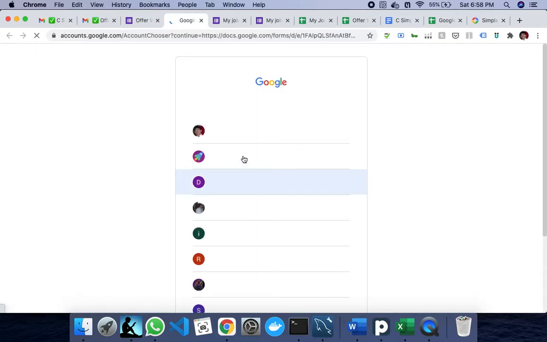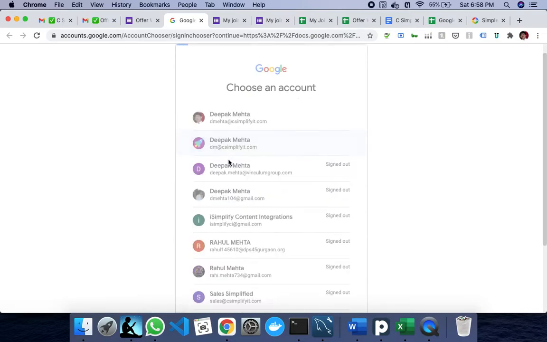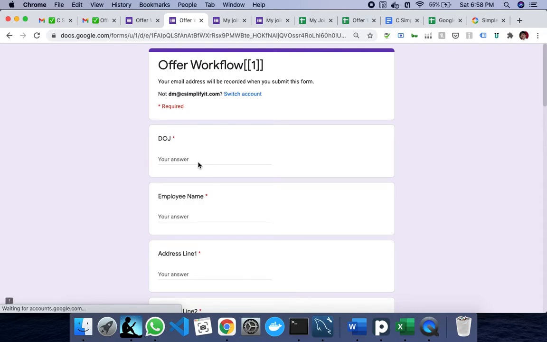I have to change my user ID here because it automatically picks the Google Forms default one, and I am with DM.